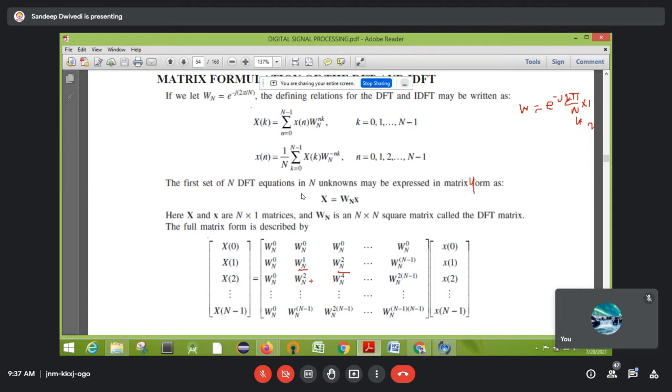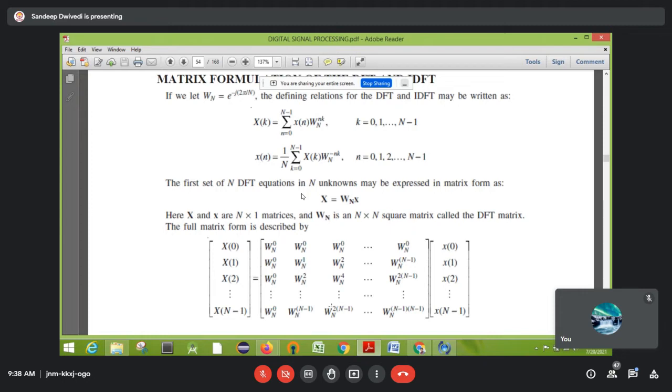So those values are going to repeat. The maximum value you need to calculate for the 4-point DFT is w raised to power 9. So here you need to write 9, and you need to find out the maximum value, that will be w raised to power 9. So like this you can calculate the values of this twiddle factor matrix. Simply, this matrix will be the same for all the questions.